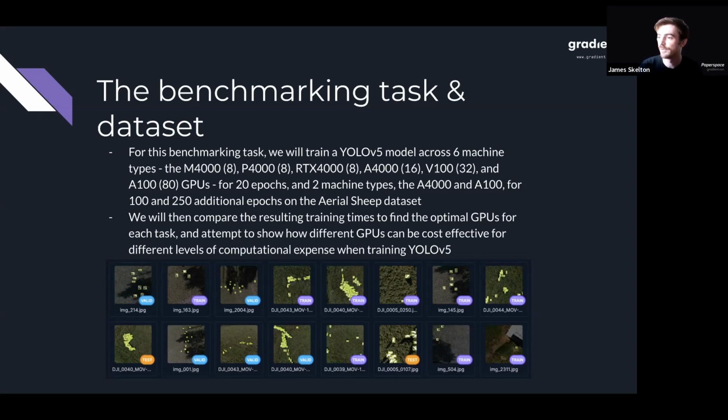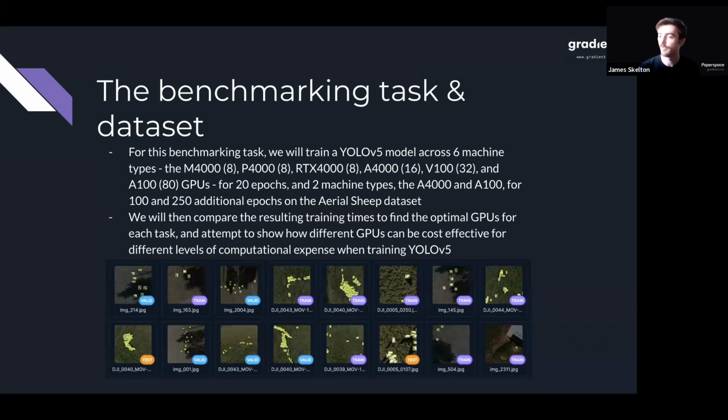But per the official description, the Aerial Sheep dataset contains 1,727 images taken from a bird's eye view with instances of sheep in them. The images do not differentiate between gender or breed of the sheep and instead group them into a single classification called sheep. And I chose this dataset for the ease of replication of training across the highly variable power that we are going to be having in these GPUs. This is a dataset that we could do training on with the relatively weak M4000 and the extremely powerful